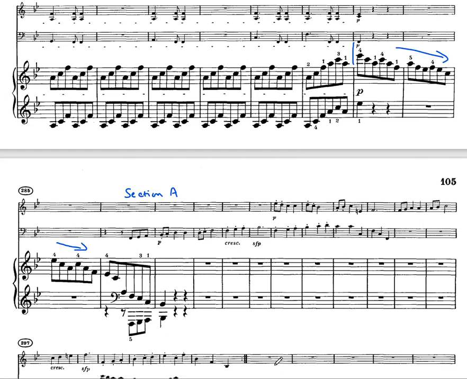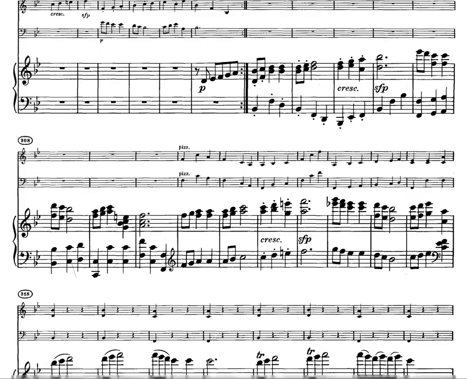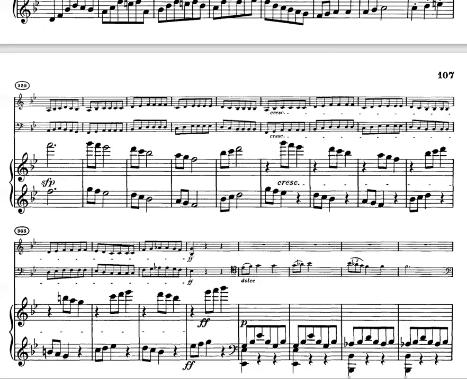This downwards stuff in the piano does act sort of as a perfect cadence. We've got the B flat here landing, so it's B flat all across really, and the D's come in later. But this feels like a cadence to end that B section. So the rest of the movement is essentially a repetition of what we had already in the section A. So I won't go through specifics of section A because that's already in the previous video,